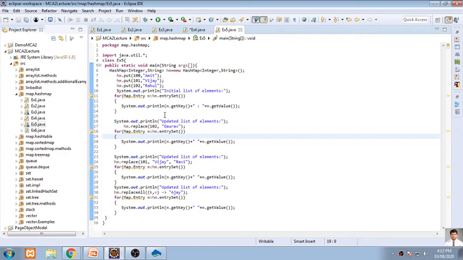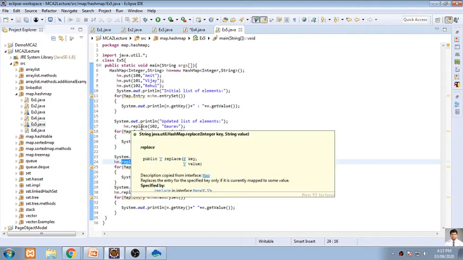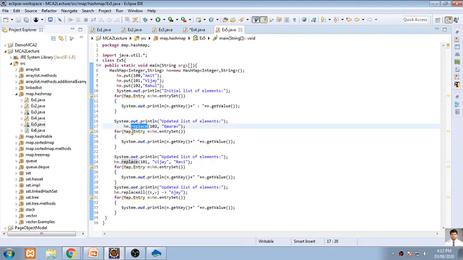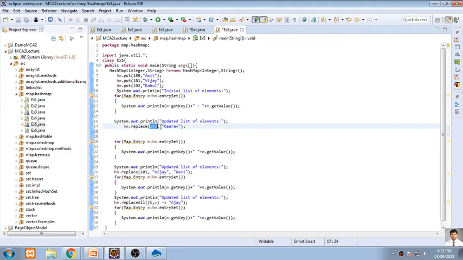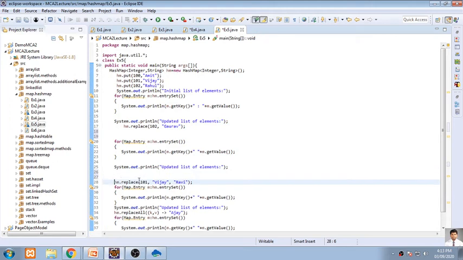Now here we'll be using a different type of function called replace. Replace will be used in a very different way. This is the replace function with two parameters, that is key and value, replacing the key's initial value with a new value.